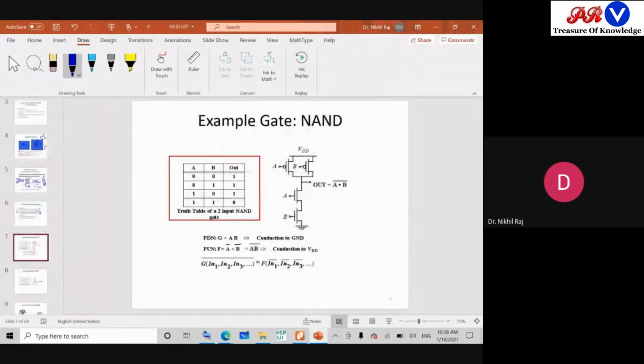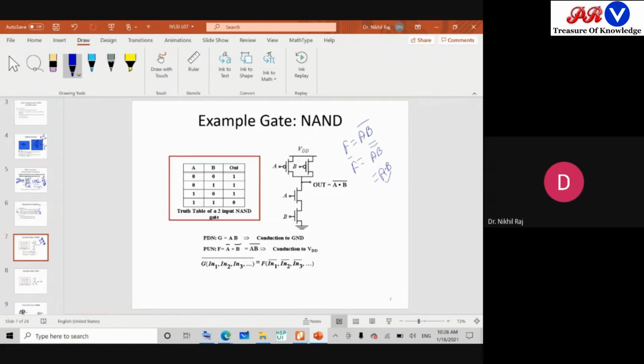Now coming to the first gate, your basic universal gate, that is the NAND gate. So what is a NAND gate? F equals AB complement. How to realize it? First you take the complement of the given function. So F complement will be AB double complement. The double complement cancels out and it will be AB. So we have to realize A dot B.